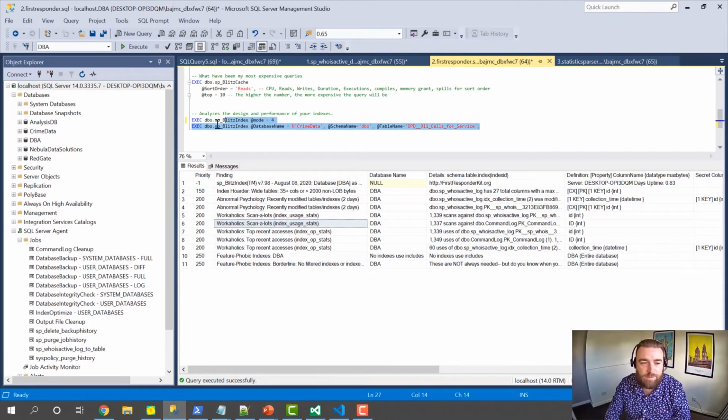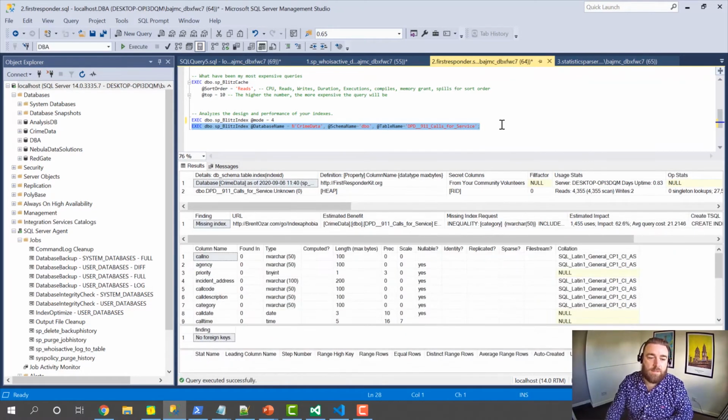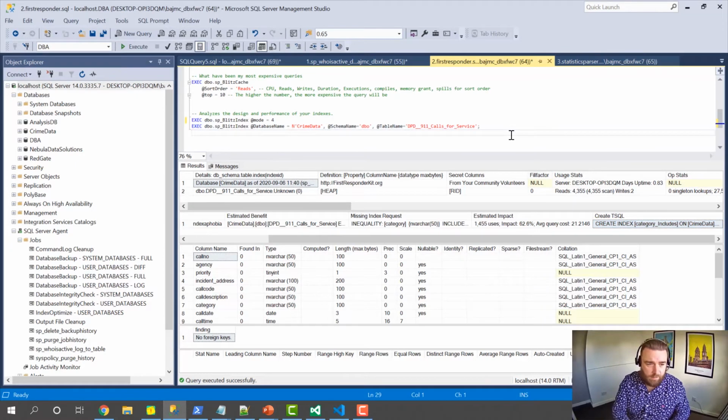If you want to run it on a specific database or schema or table or combination of all of those things, then you can pass in those parameters: database name, schema name, and table name. This is my main table in the database that has all the crime data in it. So if we have a look here, we can see that we have a missing index. It's suggesting that we can actually create an index. If we copy that out and bring it into Management Studio,